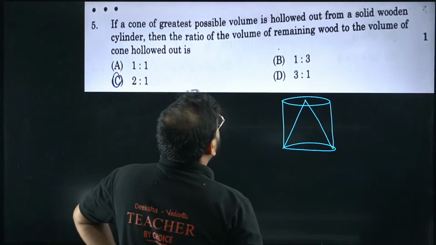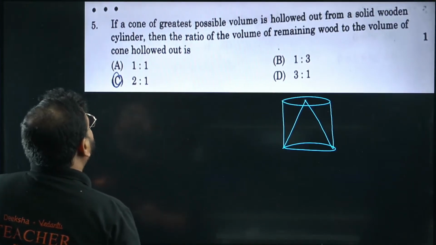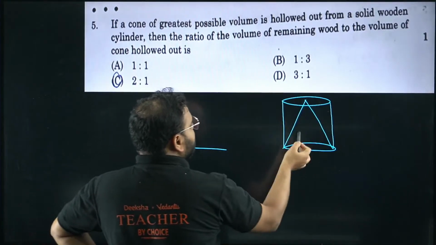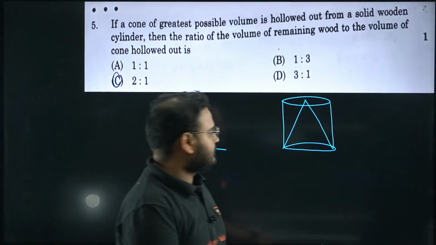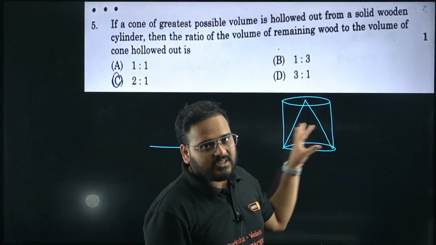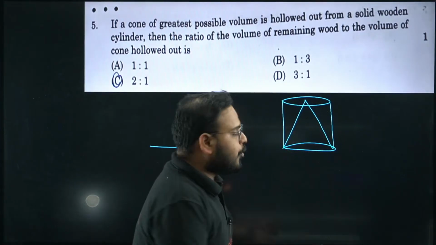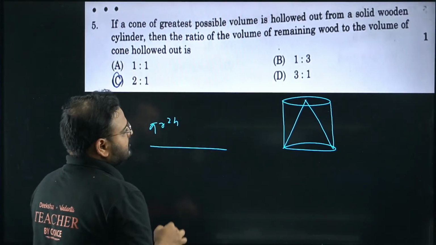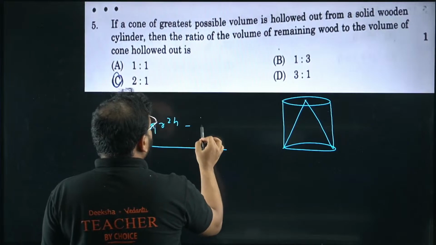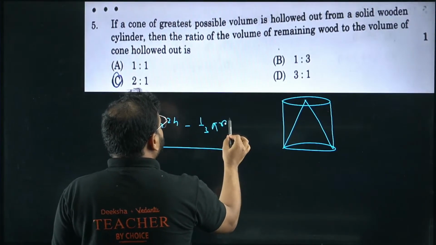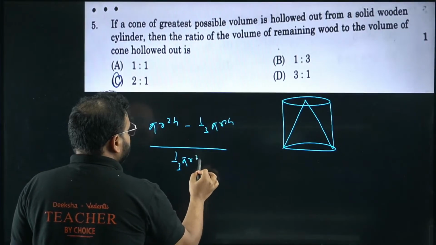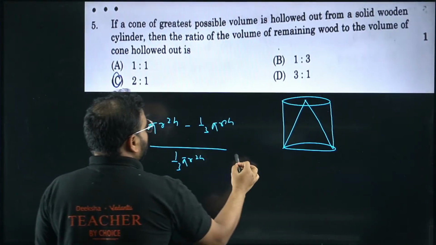So it will become the ratio of the volume of remaining wood to the volume of cone. So remaining wood will be how much? Remember, from the cylinder volume you subtract the volume of the cone. Cylinder volume is pi r square h, and cone volume will be 1 by 3 pi r square h. Remaining wood divided by 1 by 3 pi r square h. Please check. This will turn out to be 2 by 3